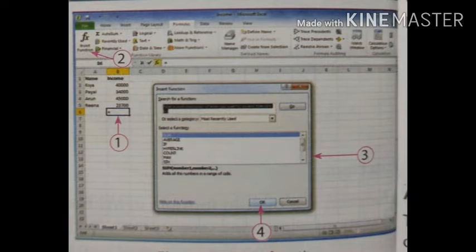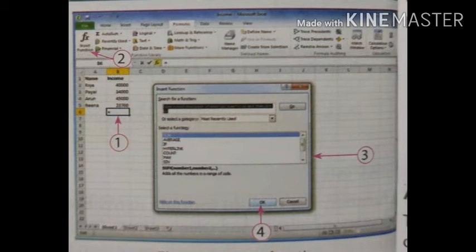The various steps to use a function are: 1. Click on the cell where you want to apply a function. 2. Click on the Insert Function button from the Function Library group of the Formulas tab of the ribbon. 3. An Insert Function dialog box appears. 4.